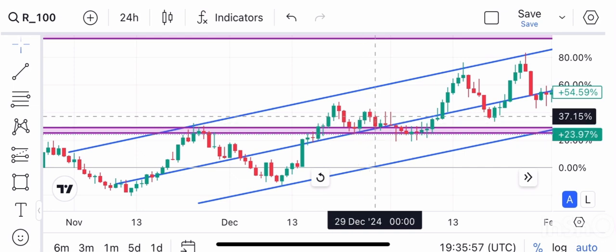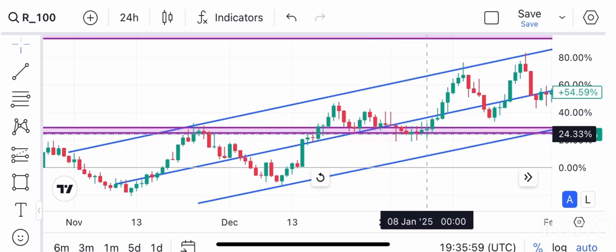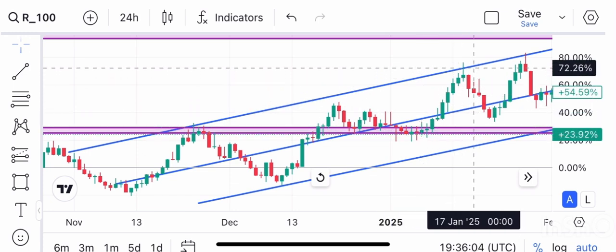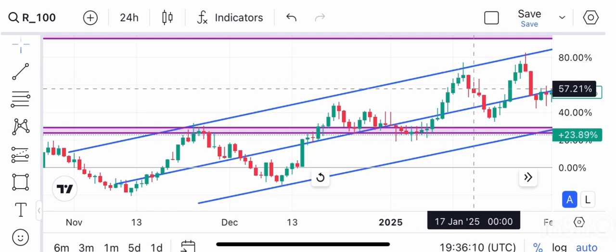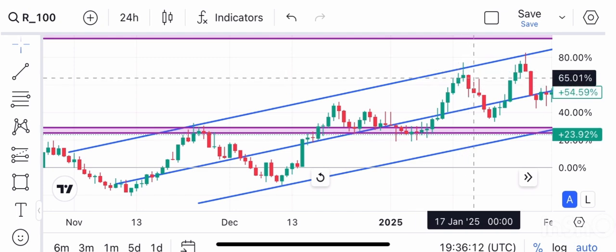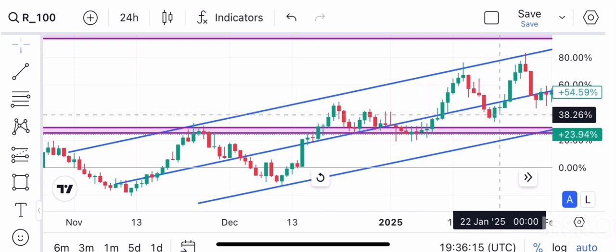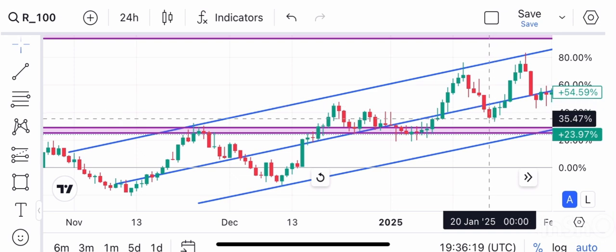And you can see how the price was able to bounce back, but this particular line was able to hold it back to push it up again, and price got to the top of this channel. Now remember guys, this is an ascending channel, so you probably don't want to trade the sales. What you're going to be doing is waiting for the market to get to very good points and finding very good buys. Now you can see how the market was able to get to this middle side again,